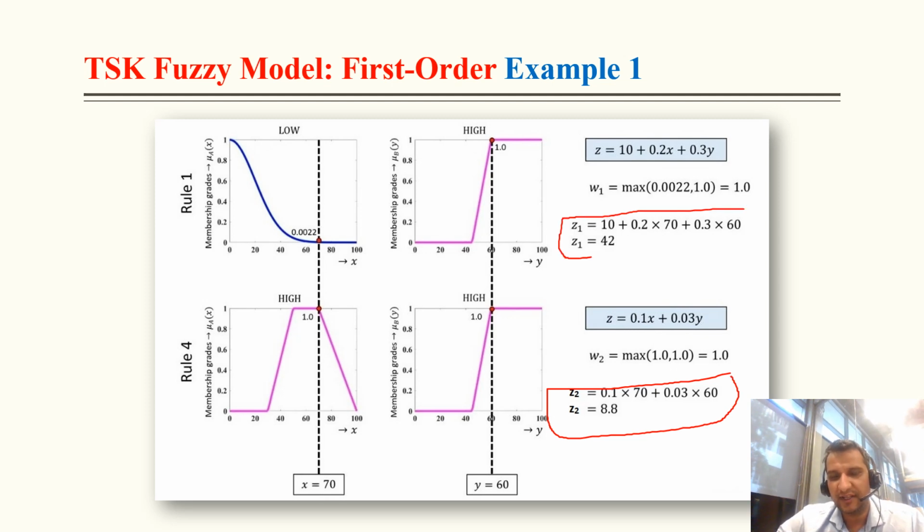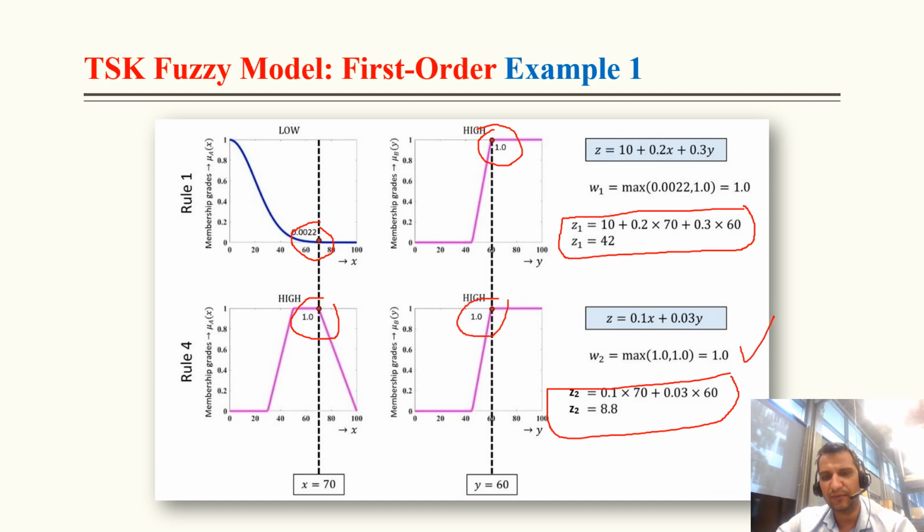And from the degree of compatibility we will find out our degree of firing. So the minimum value is 0.0022, but in this case the maximum is considered. Instead of minimum, we are going to take the maximum value because the minimum value is 0.0022. So max or min, we can consider as per the requirement, based upon the question, whether we want to calculate the minimum value or maximum value, right? So in this case the maximum value, here it is 1.0, here it is 1.0. So again the maximum value is equal to 1.